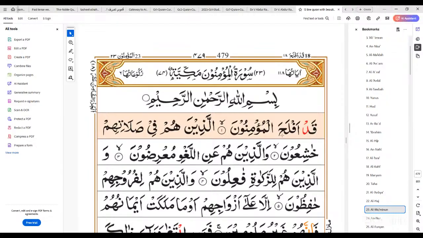There are different patterns, different molds in three-plus root letters. It's called thulathi mazid. This one seems to belong to Bab Ifal. If it belongs to Bab Ifal, then there are three root letters, Fa, Lam, and Ha, and one additional, that is Alif with Fatha, that is Hamza. That is the sign that it belongs to Bab Ifal.